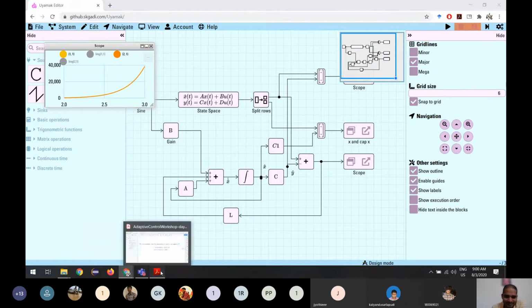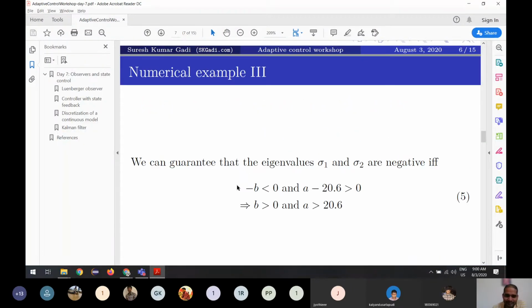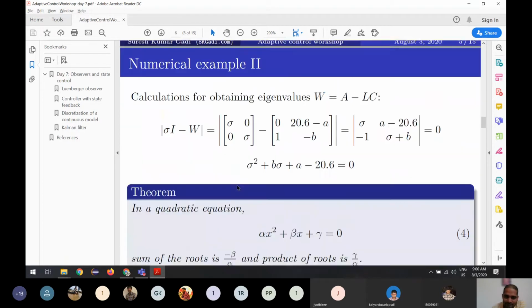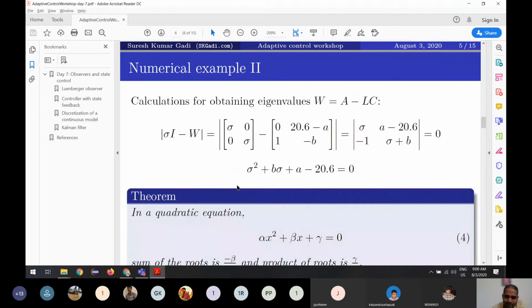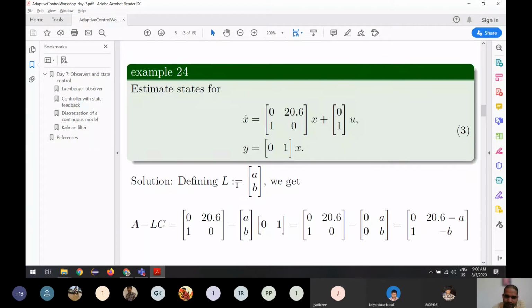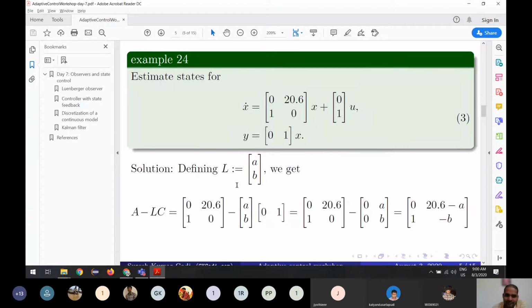Okay, it seems no doubts in observer. Is it clear what the concept of an observer is? Why do we need an observer, or what does an observer do in actuality? So I'll tell again so that you can all understand. What I'm saying is, if we have a system like this in real life, what we can see is just Y and U. We don't have any information inside. We don't know what's happening inside